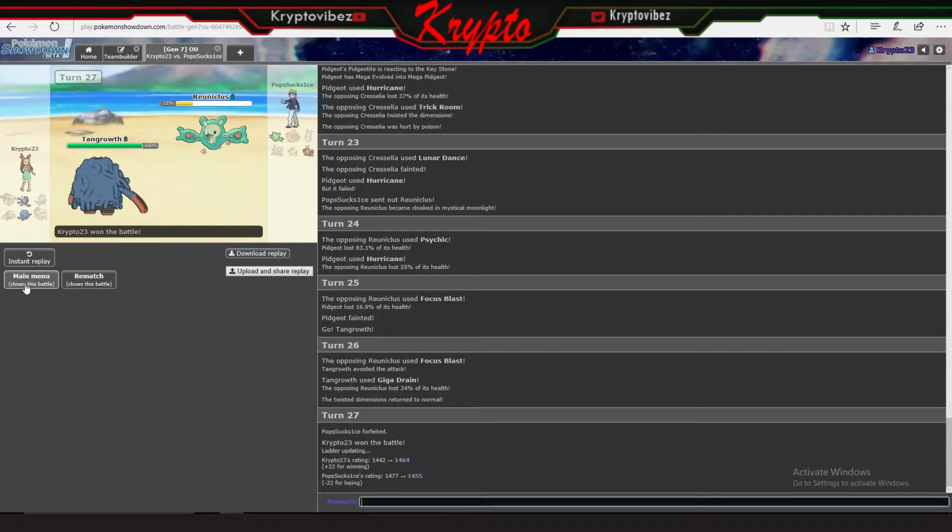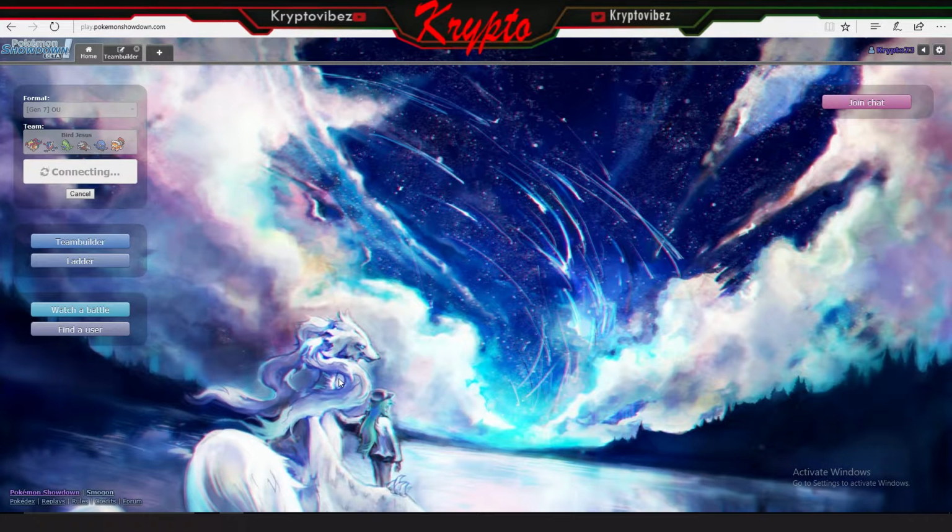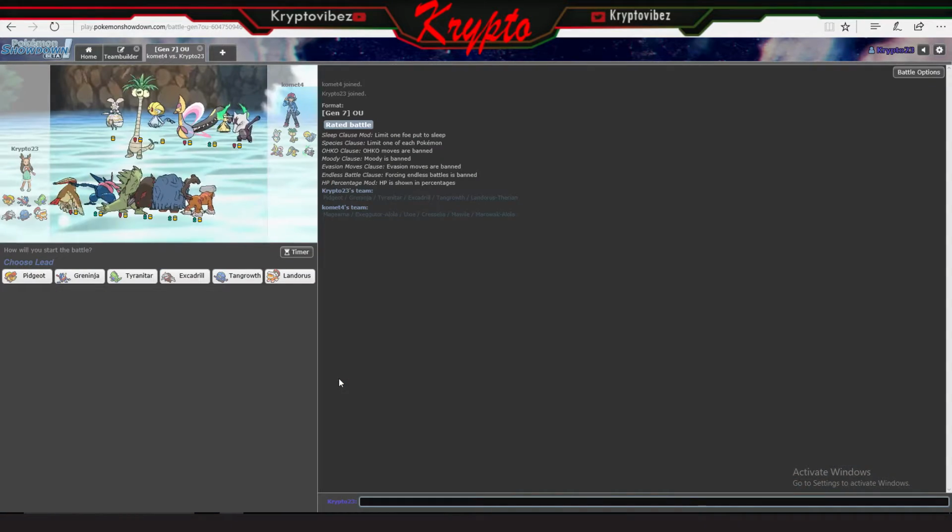Papa sucks ice. Talking a little bit of trash there at the beginning, but that's alright. We'll find one more game with this team. I'm actually having a lot of fun with this team. I like it a lot. Trick Room team was scary though. You had to play our turns really carefully, and we found another Trick Room game. So,